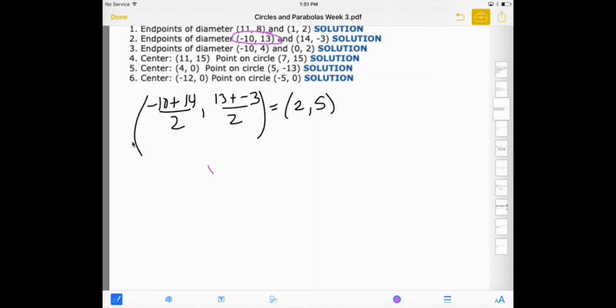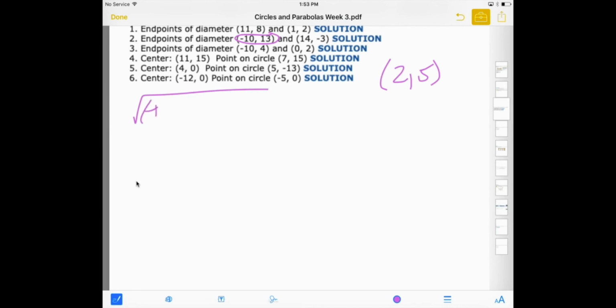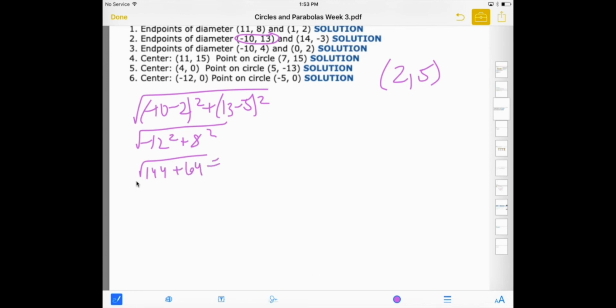So I'm going to go ahead and use the first one, which is negative 10, 13. So I just rewrote 2, 5 up at the top. I'm going to take negative 10 minus 2 squared plus 13 minus 5 squared. Negative 10 minus 2 is negative 12 squared plus 13 minus 5, which is 8 squared. And then as I square those, I get 144 plus 64, which I should get square root of 208